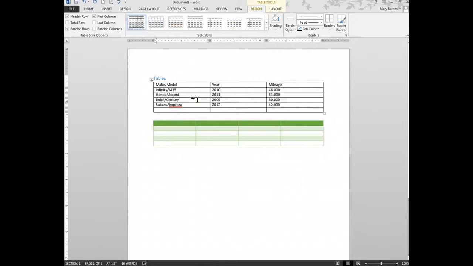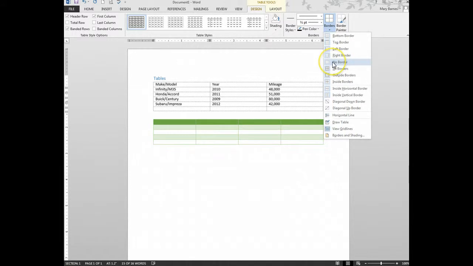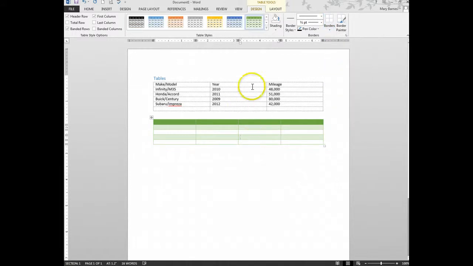So on the top table I have boundaries, and I'm going to select the table and take away my borders by clicking No Borders. Now I can still see the dotted lines, and that shows me where the guidelines or the boundaries are, but the printed borders are gone, and you can verify that. I'll just click Print Preview quickly,